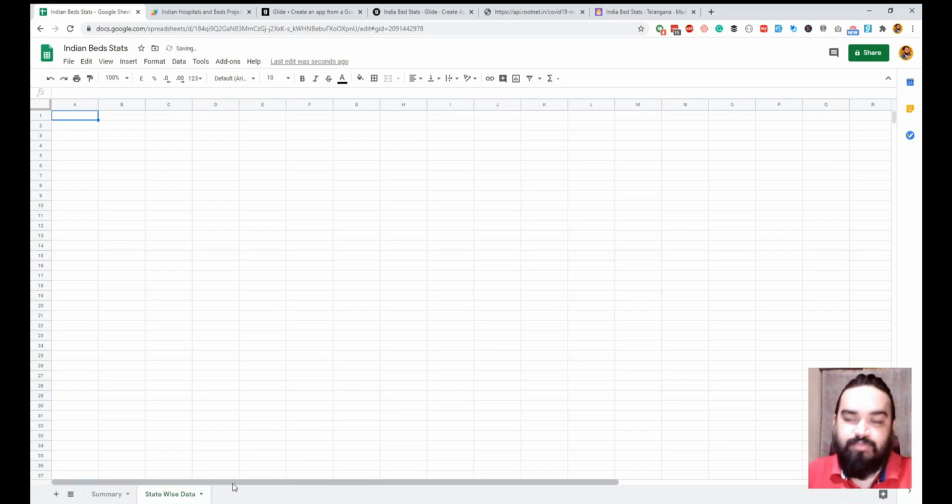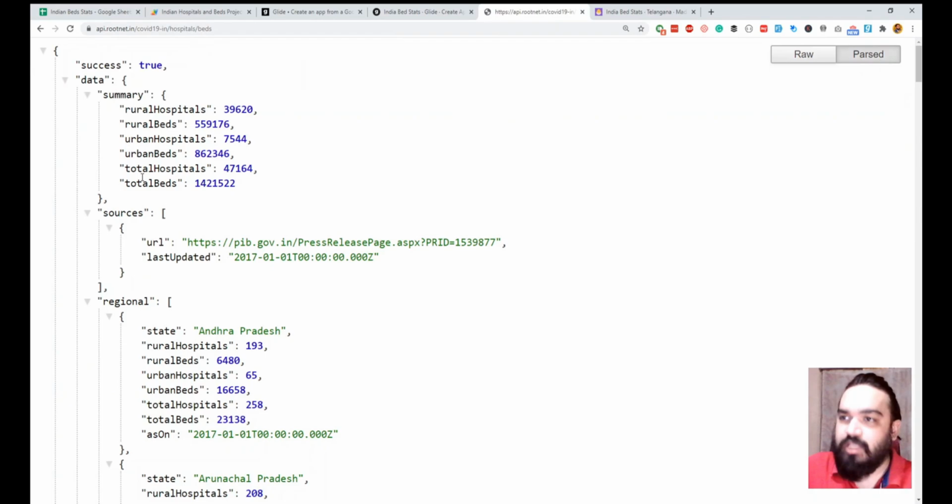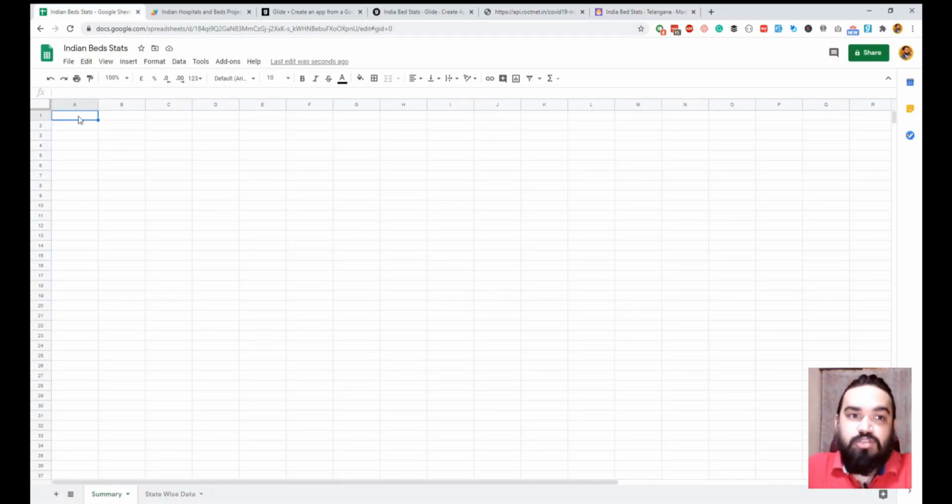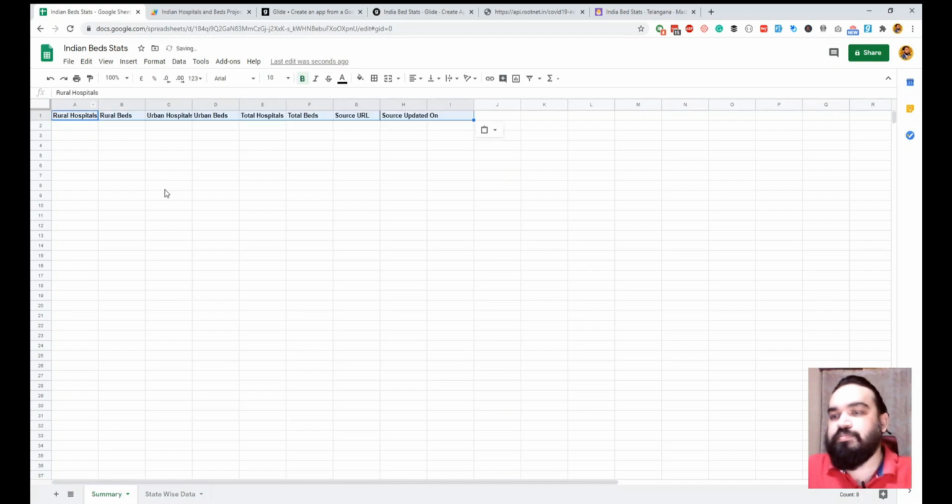Now that we have this, we will also add headings into this. So for the summary sheet, if you look at the data, we have these values. So what we will do is we'll just replicate it in the sheet as well. If I have to just do that quickly, this is how it is going to be.